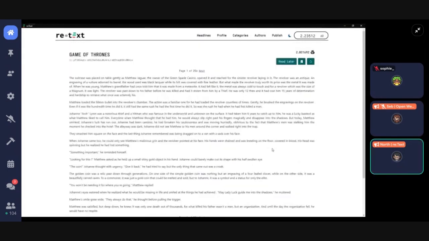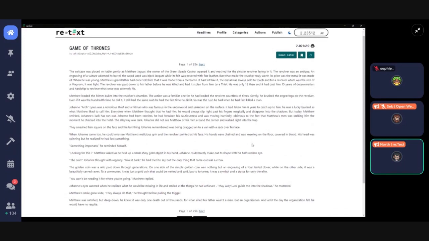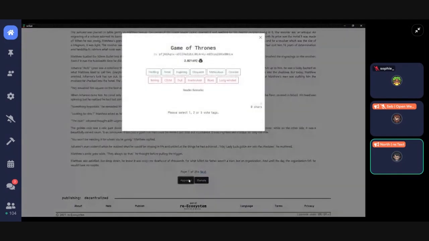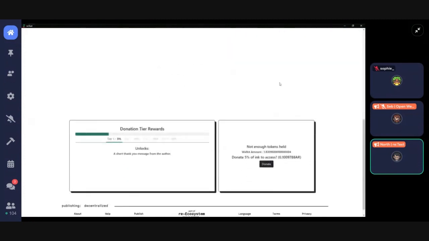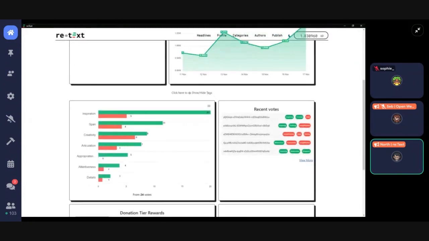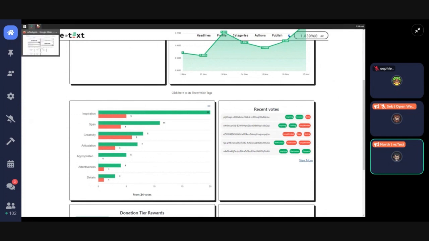After assessing and reading the content, the reader may then be able to give one vote by picking tags. Readers can pick a few tags based on their opinions, and the ink will change accordingly to their sentiment. These tags are shown on the cover page here to illustrate key aspects of the content in a clear way. And this concludes the demo. I'll be transitioning back to the slides.